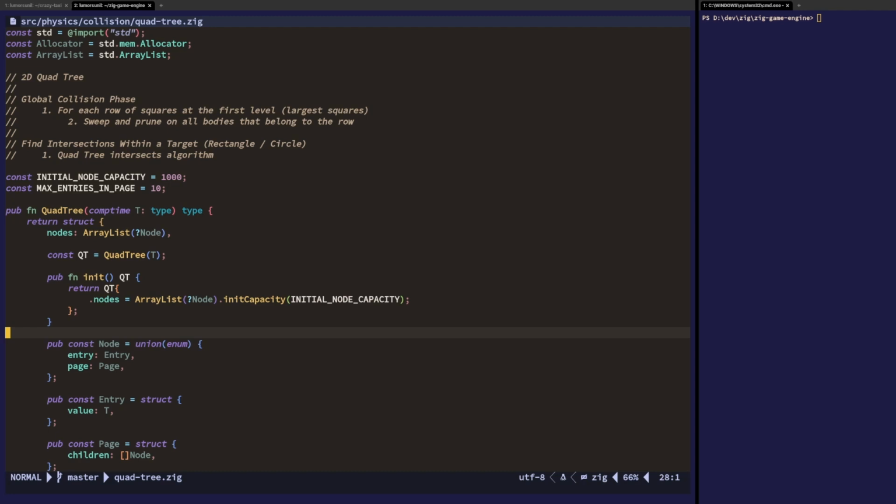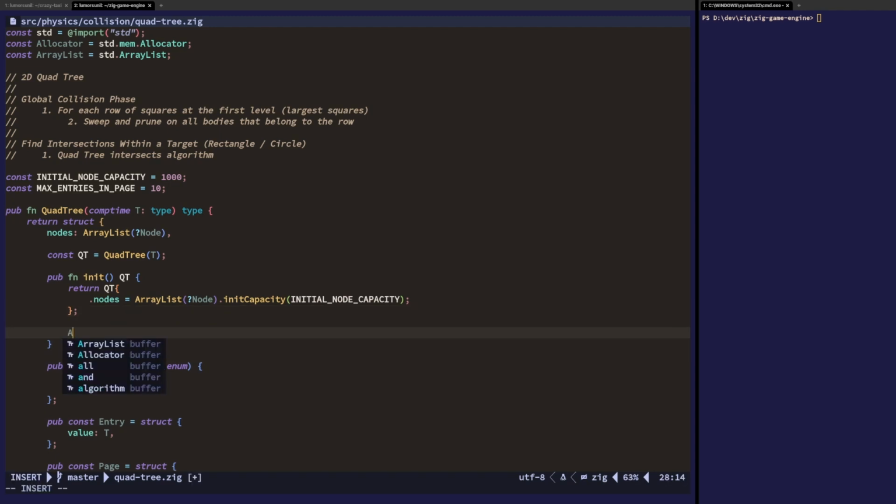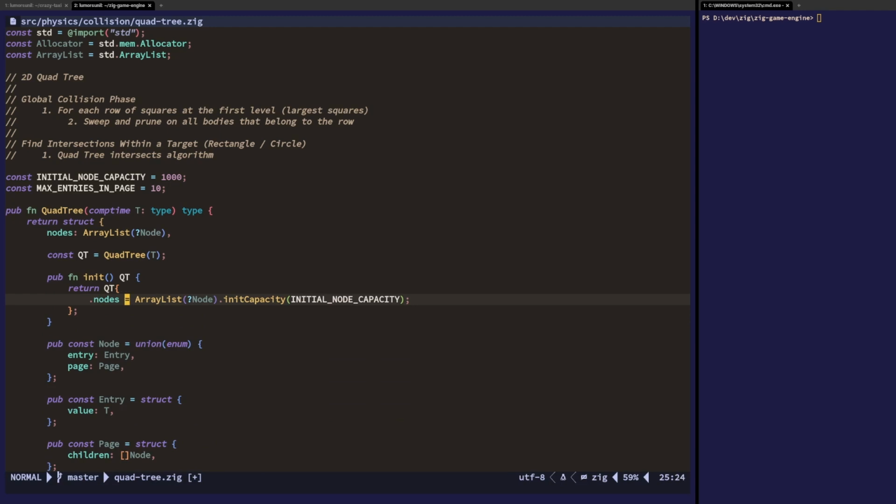Well, you still couldn't do a swap remove, but for a remove you could do a special type of swap remove, like a swap remove but inside of the page itself. If we go to the code here, well, I don't have my LSP, so I can't go to it, but oh,